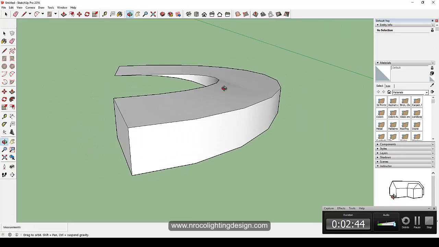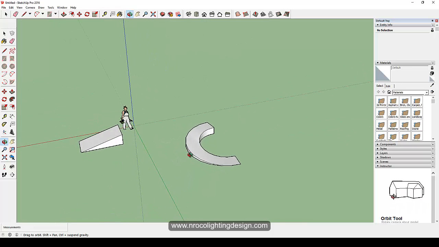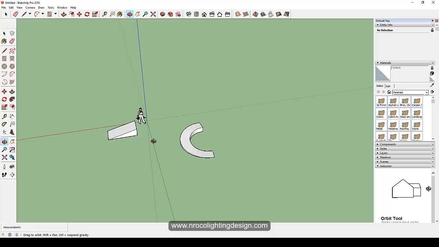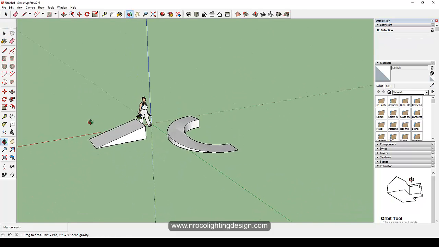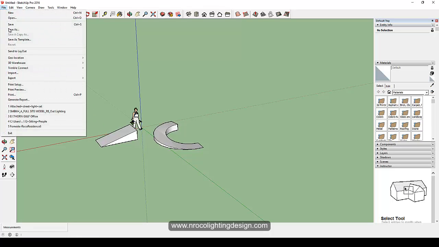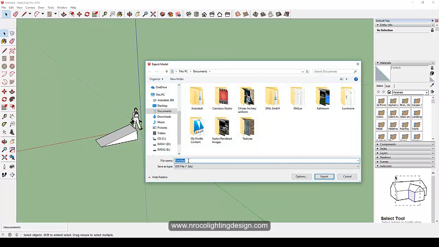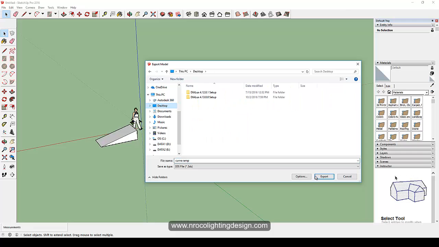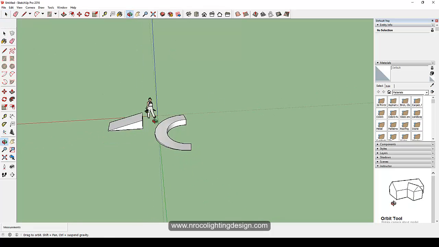If it's okay for you, then now you have your curved ramp, and we will import this one to our DIALux Evo. For example, let's move this one, and then okay, let's import both of these. So go to the File tab, and then export 3D model, and use a 3ds file, and you will name it curve ramp. Let's just save it on our desktop and export. Now it's fast, it's easy because it's not heavy.